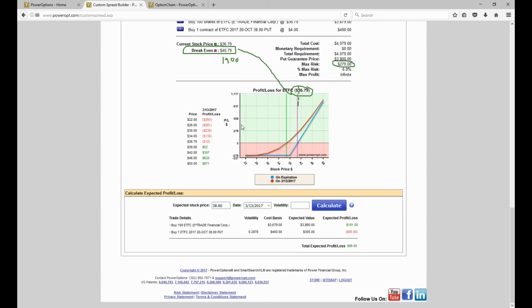Someone asked, if that's your goal, that you feel the stock's going to move up 3 to 6% in the first 20, 30 days, why are you wasting your money on the put? Shouldn't you be just buying a call or just buying the stock? It's because I'm not always right.